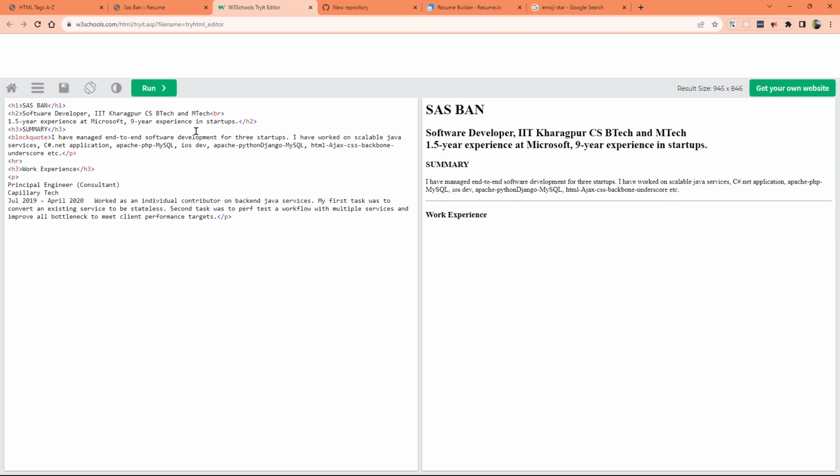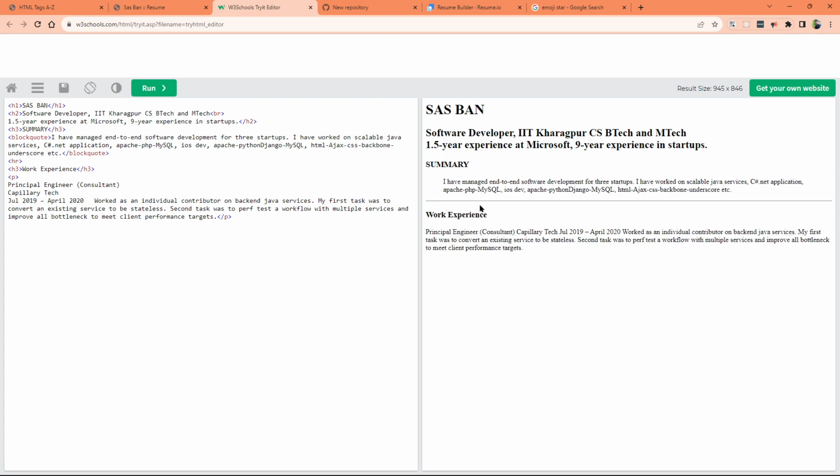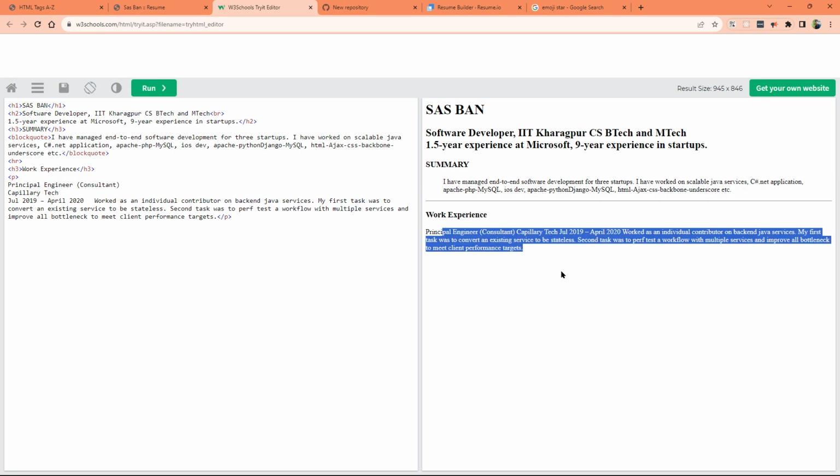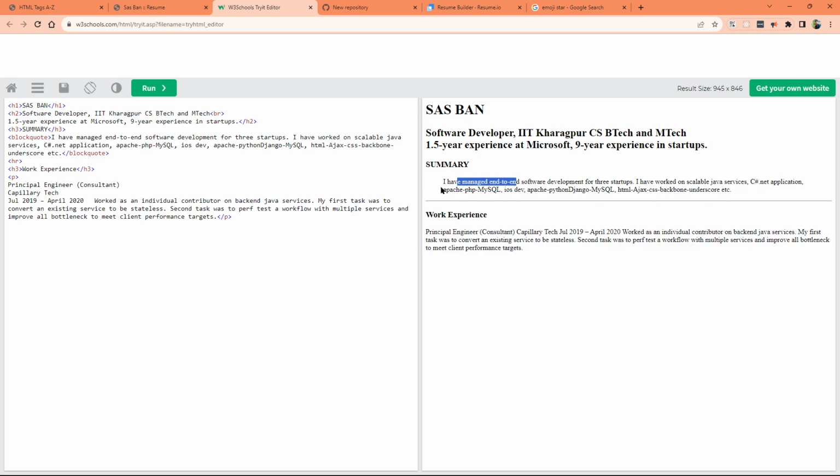And also, this is coming red because we are not closing the tag properly. So let's close it right, and we can run this thing. Now we see there is some left margin and the whole text shifts a little bit. Compared to the paragraph like this one, this is shifted a little bit. There is a left margin. Looks nice. So this principal consultant line, I can put it inside the I tag or the EM tag,